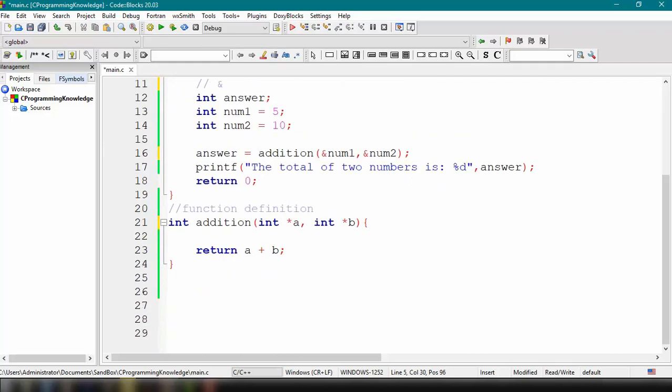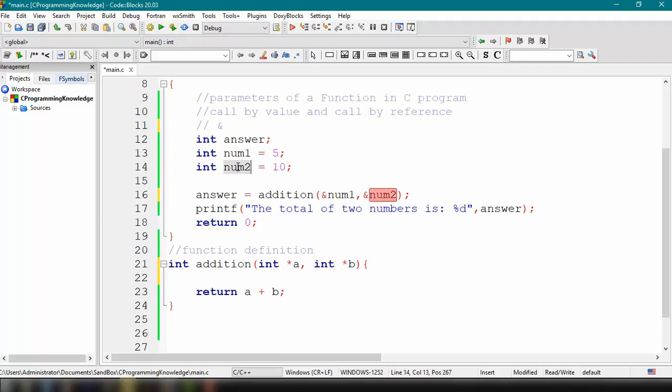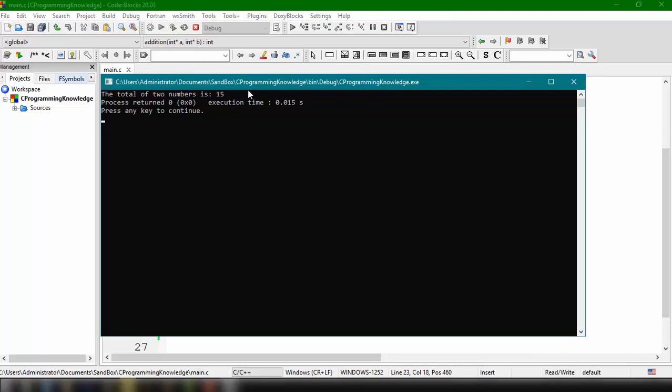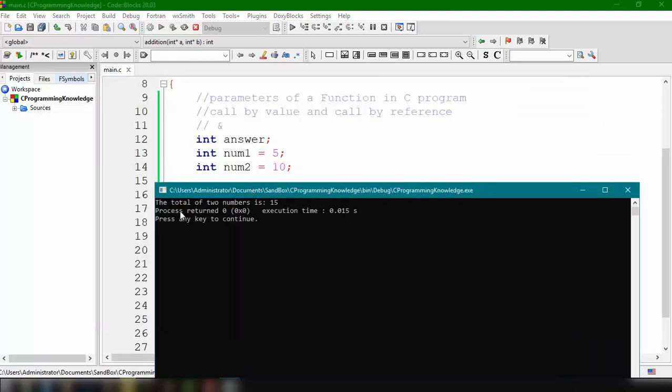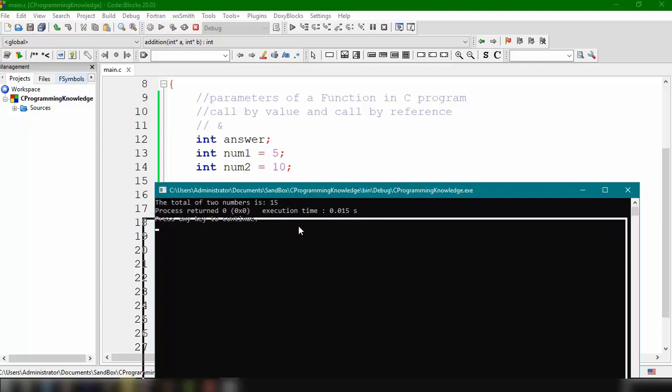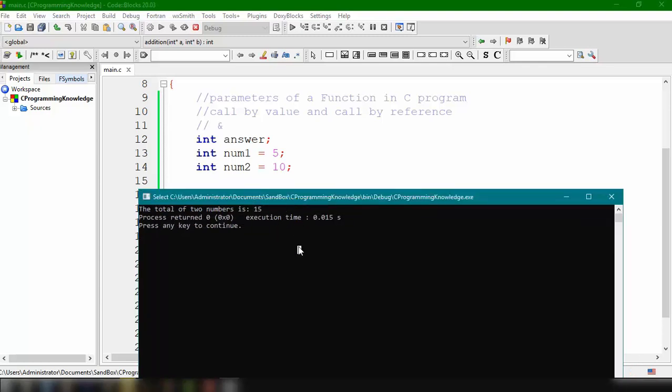Okay, and then as I've said, if we want to change the value of num2 here inside our function, we could do that, and it's going to reflect the changes of this num2 and num1 variable. Okay, and then of course we could still use the asterisk symbol here, and let's try to run our program for now. So build and run, and it's going to output this way. The total of two numbers is 15. Okay, so let's try to modify the